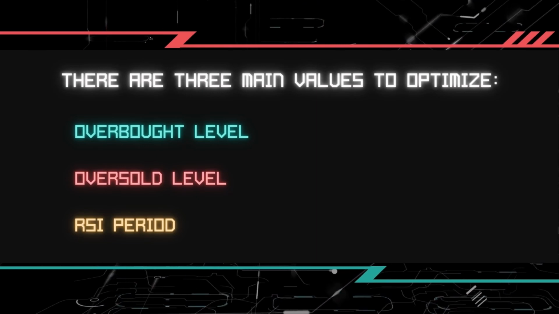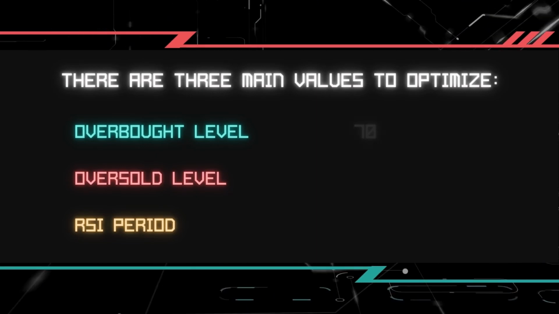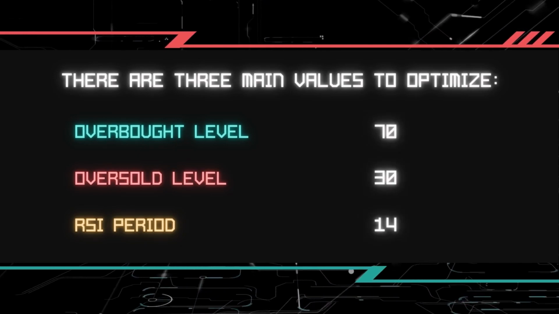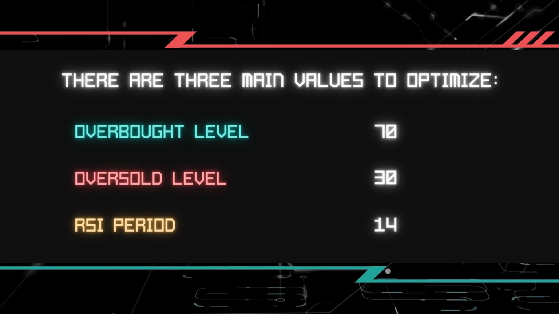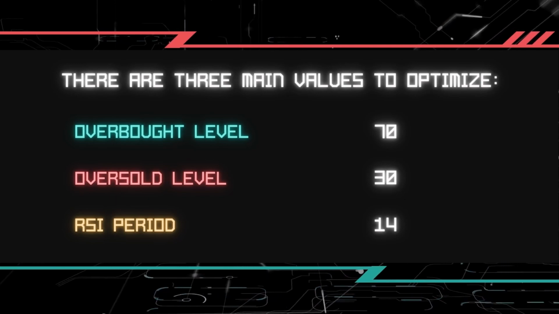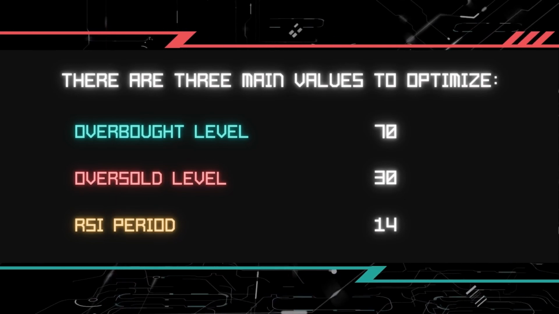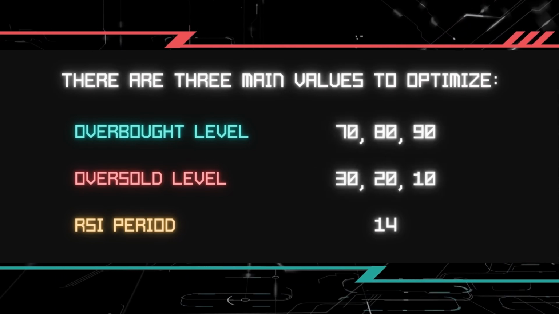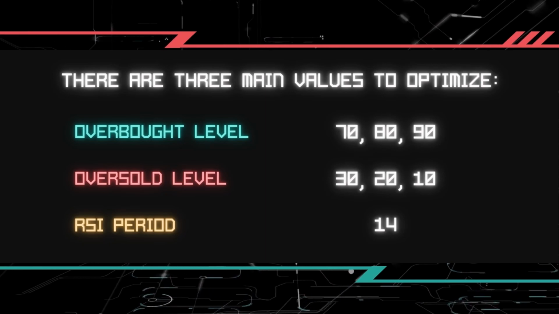Instead of using the default RSI 14 period, with overbought level at 70 and oversold level at 30, we want to optimize the indicator by introducing more period levels, more overbought levels and more oversold levels. We backtested the indicator with three different overbought and oversold levels: the 90-10, the 80-20 and of course the default